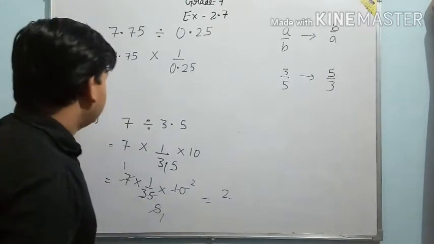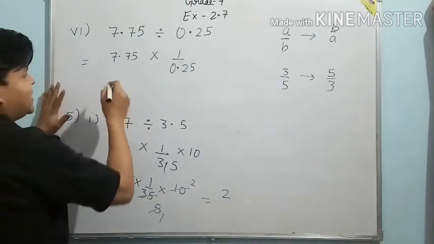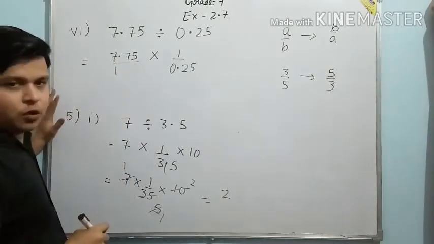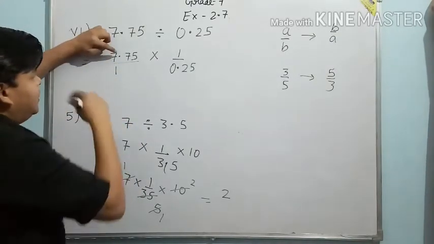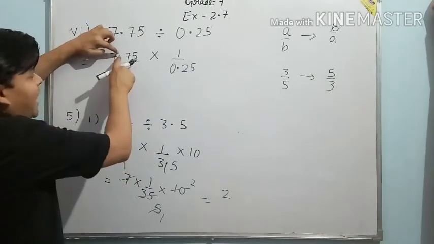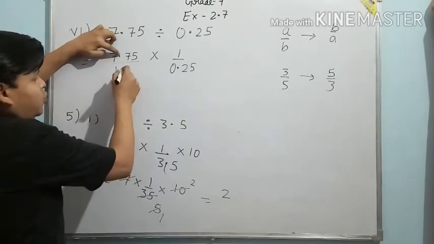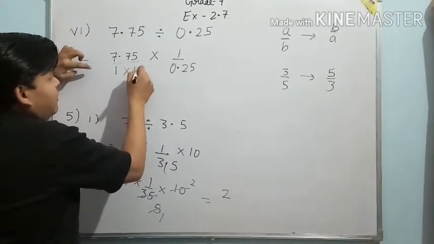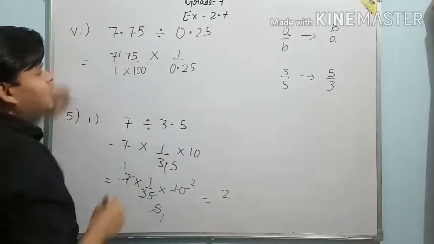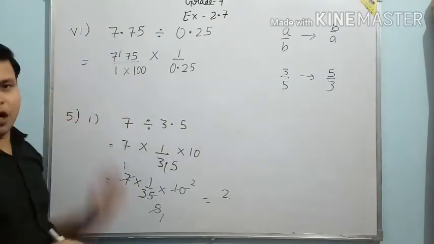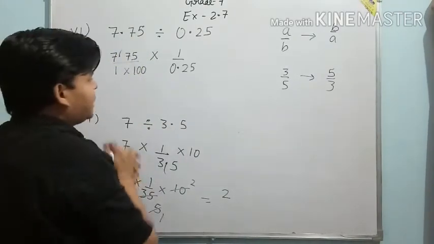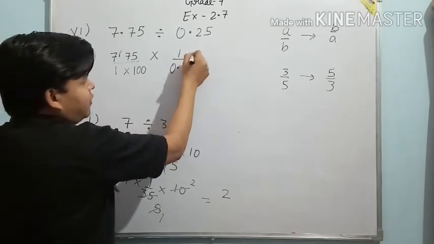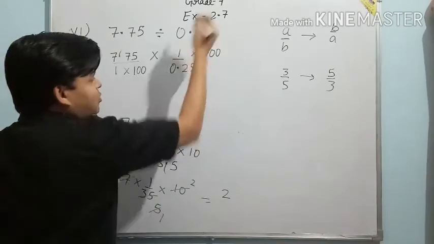So now this is done. What we are going to do now, as I told you, is that here we can consider 1. Okay, now let's start removing the decimals. Here after the decimal we have 2 digits, and 2 digits means 100. So on this side we will put 100 and we will remove the decimal from here. So this decimal is removed now. Similarly, same thing we will do here, after the decimal once again we have 2 digits. So here we will multiply by 100 on the opposite side.